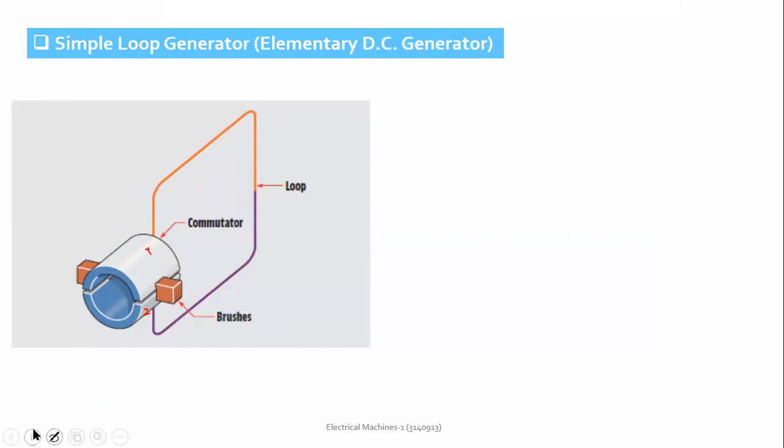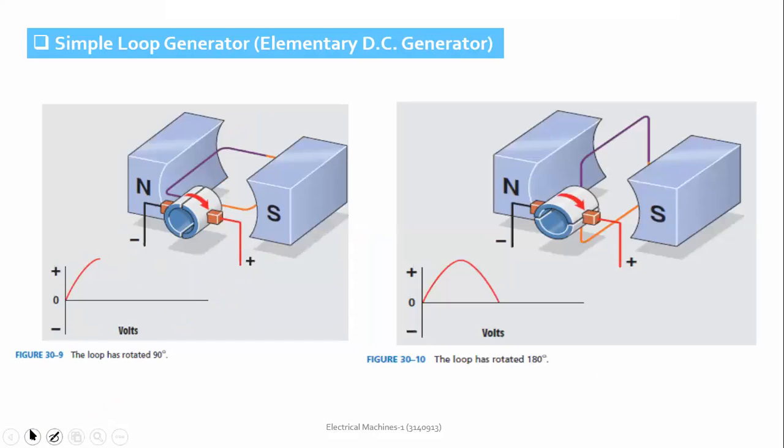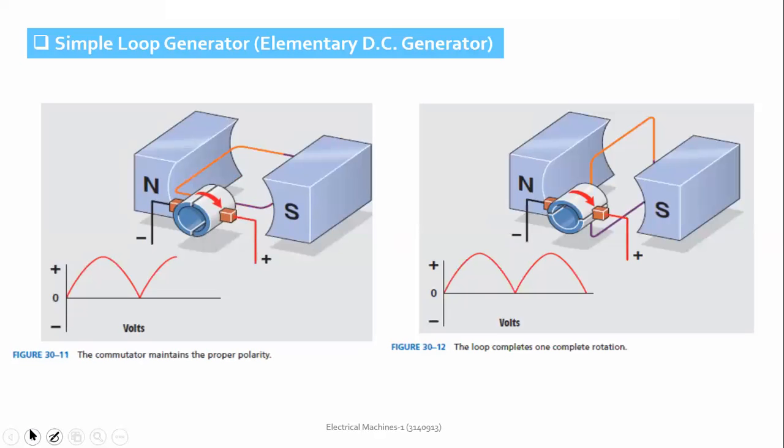However, the position of the brushes remains fixed. So we have seen in the previous class that as the coil rotates, the polarity of the brushes that collect the current or the induced EMF from this coil remains the same, and that is why the function of the commutator is to